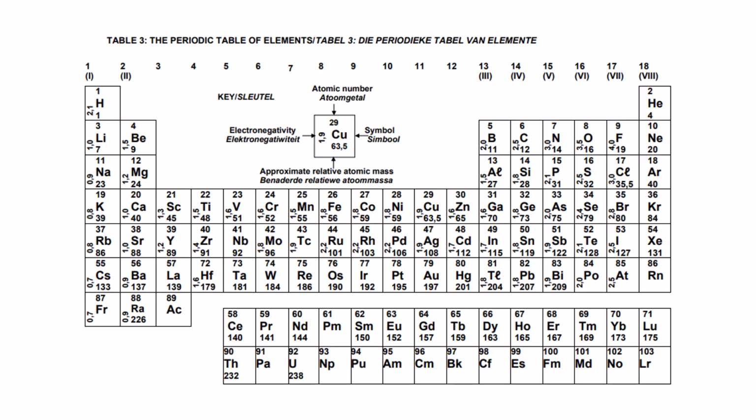This is the periodic table you should get in every test. This is the one from the government. This is the one you should be getting from grade 8 to matric. So make sure you familiarize yourself with this. Obviously, they have the group numbers on them. They have each little tag. This is called a tag. It's got the symbol. It's got a number at the top, a number at the bottom, and sometimes they have a number on the side. That number on the side we only use from grade 10, and they're called the electronegativities, but in grade 8 and 9 we don't have to worry about that. So this is the periodic table you should get.